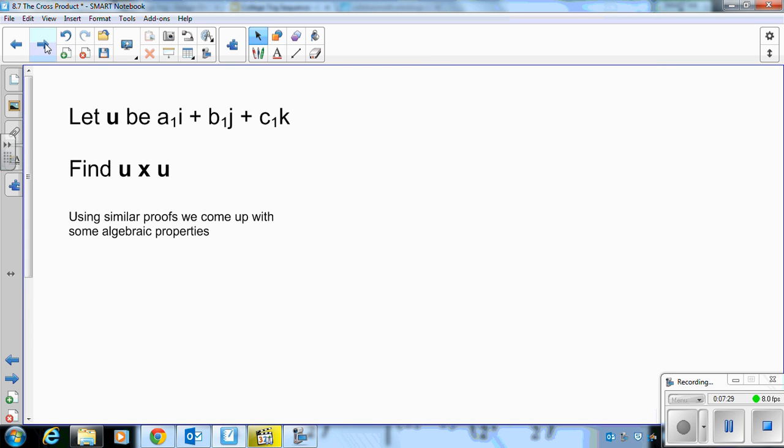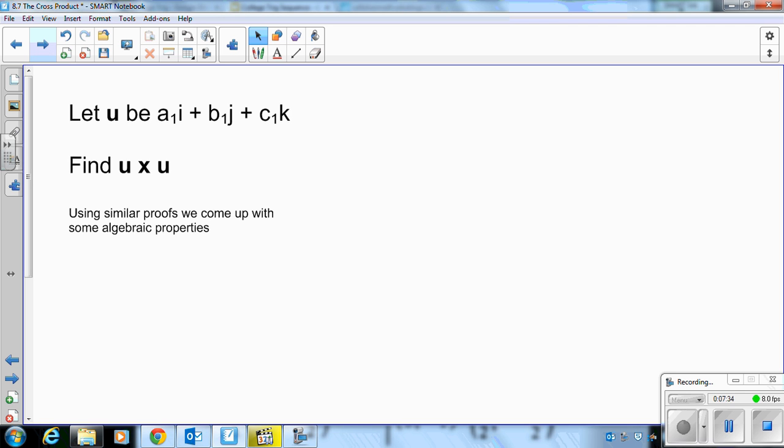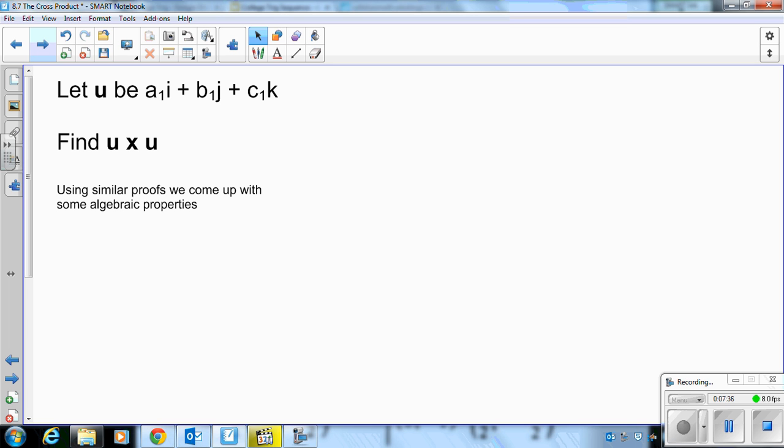All right, so we have to talk about some properties that are unique to cross products because it's nothing we've been familiarized with before. So we want to know what happens when we do U cross U. Just because it's the same vector, we don't have multiple A, B, and C. We'll just call vector U A I, B J, and C K. And let's go ahead and find the cross product of those two vectors. So I'm going to have,